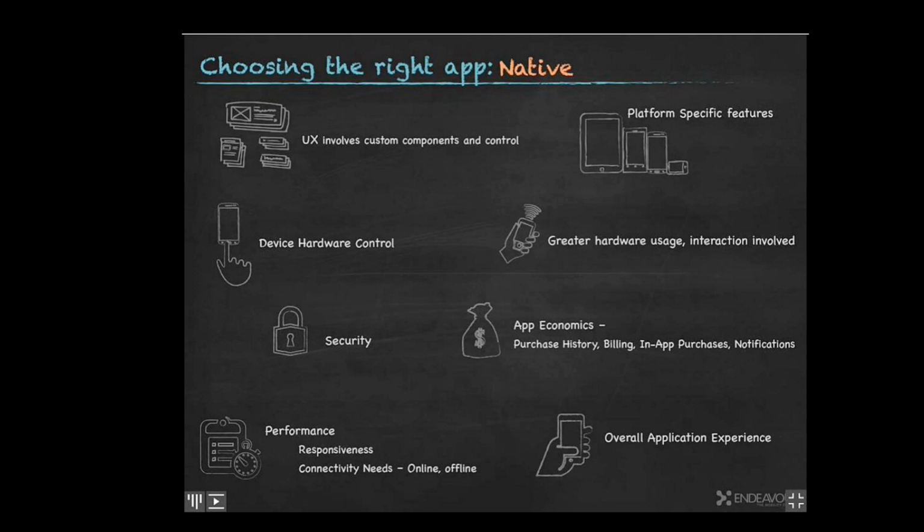All right, so with regards to choosing the right app, let's say we take native first and understand what that is. There's really no formal definition, but in general, everyone understands a native app as an application specifically designed to be installed on the device's operating system. I think we all know this from going to the iTunes App Store, or the BlackBerry App Store, Android, whatever. You load the app on your phone and you've got it. It's all there. I'll just touch on a few key things here.